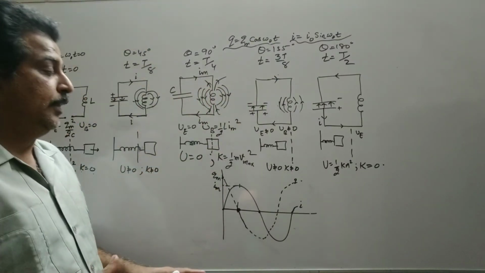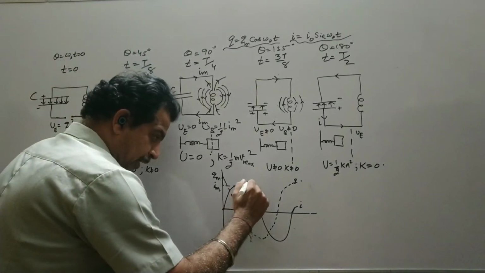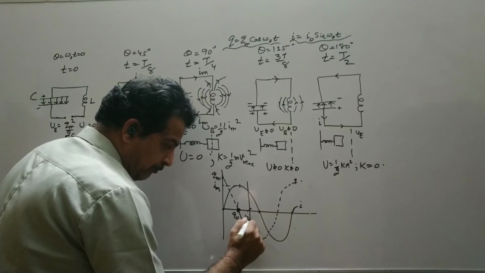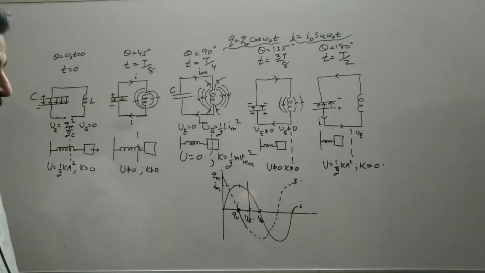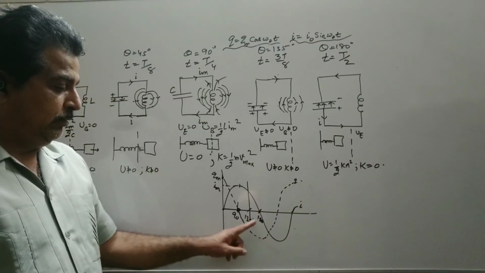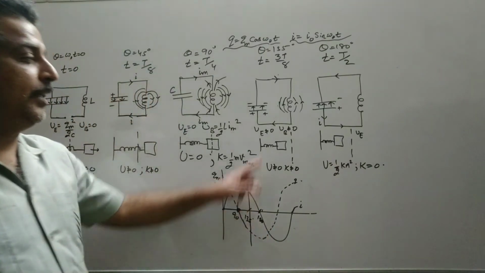Now the current is decreasing. So this is the situation somewhere at this point. So this was 90 degree, this is 135, and then we come across this 180 degree. So this is a current. So charge is again somewhere at an intermediate position, then it will become maximum again.